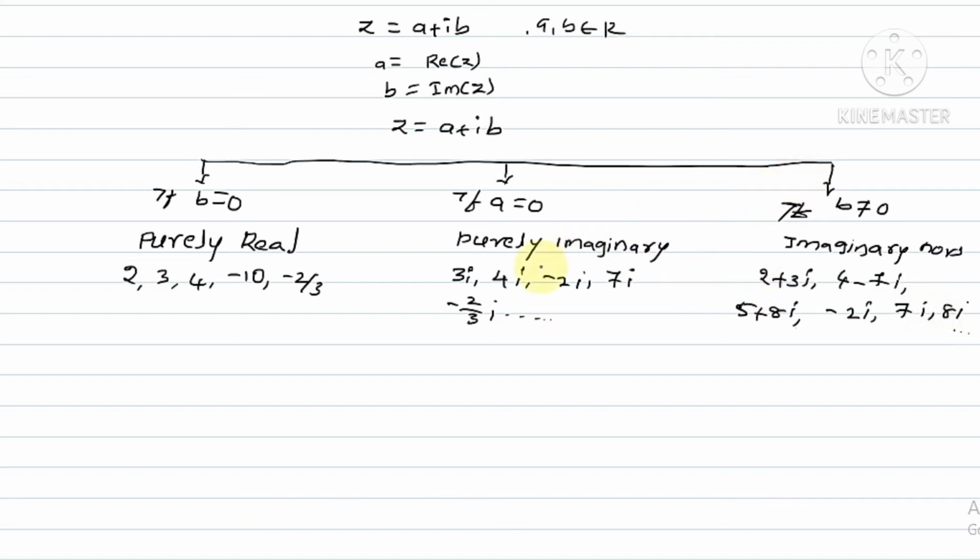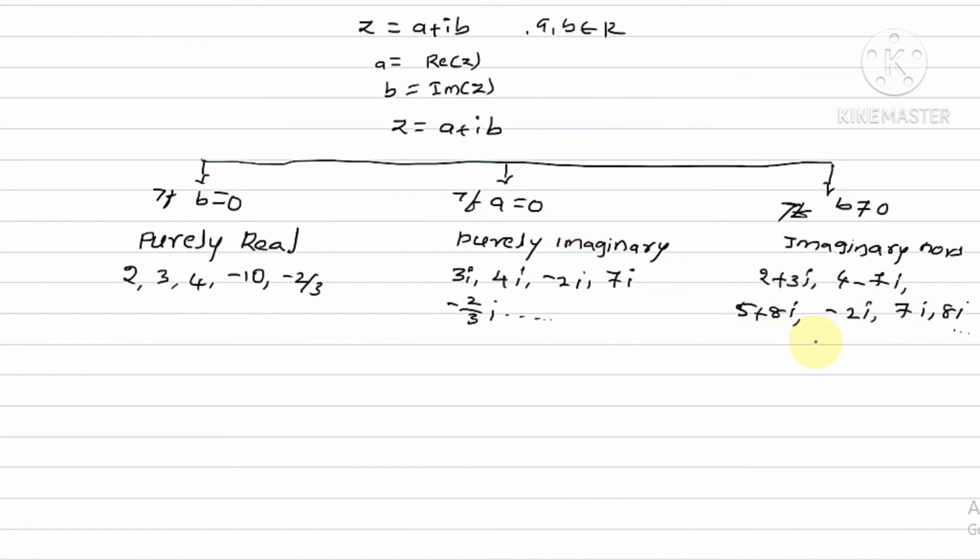And try to understand. See, these are the purely imaginary numbers. The purely imaginary case is a equal to 0. If a equal to 0, those are called purely imaginary numbers. See here, this is imaginary, that is complex number. This is imaginary, this is imaginary. So these are also imaginary because the condition is b not equal to 0, means iota term must be there. So these are the imaginary numbers. According to purely imaginary, a value is 0. So these are called imaginary as well as purely imaginary.